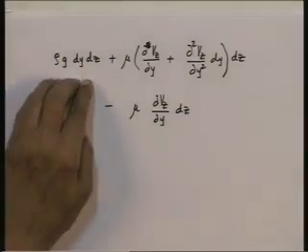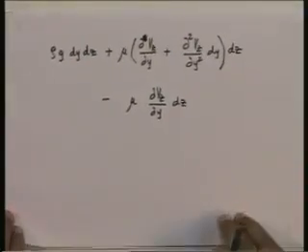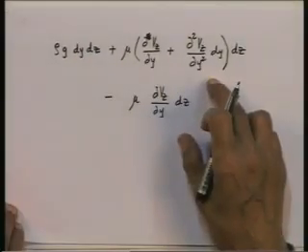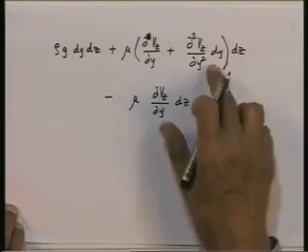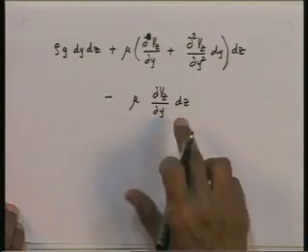So, this is the body force, the second one is the shear force in the positive y direction on one vertical face, and this is the other shear force acting in the opposite direction on the other face of the